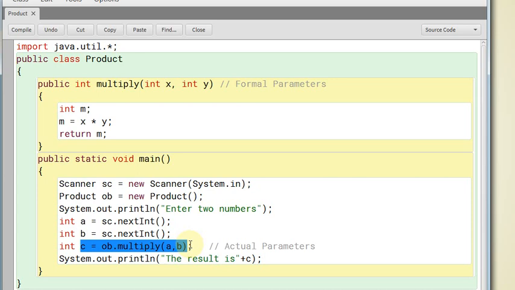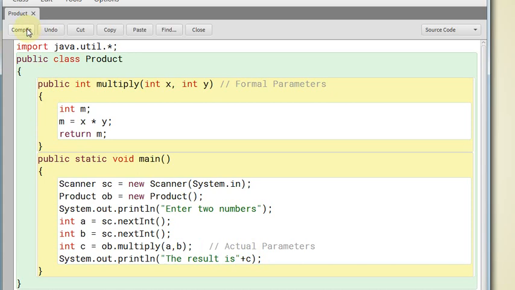Since the function is returning some value, it is received in this statement, and as a result we are displaying the output.